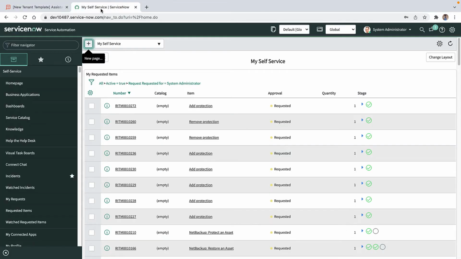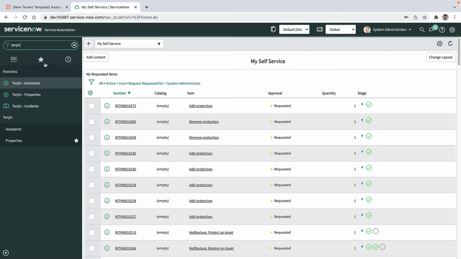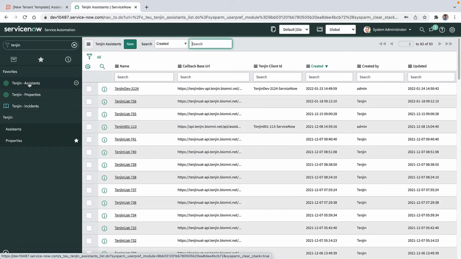So here I am in ServiceNow. I'm just logged in with an administrator account, and I can, using the filter navigator, find the Tenjin application. What we want to do now is look at the Tenjin assistants list. And the assistant we're looking for is 2124, which happens to be at the top of the list in this case, but of course we could use the search facility if we needed to find it, if it was further down or not easily visible. But let's go into the Tenjin Dev